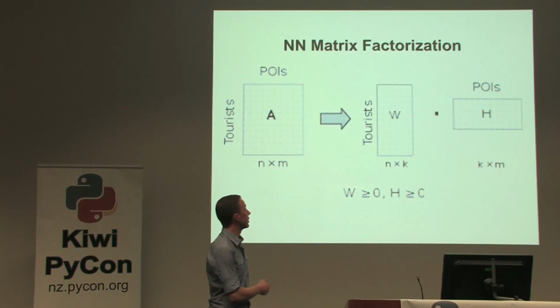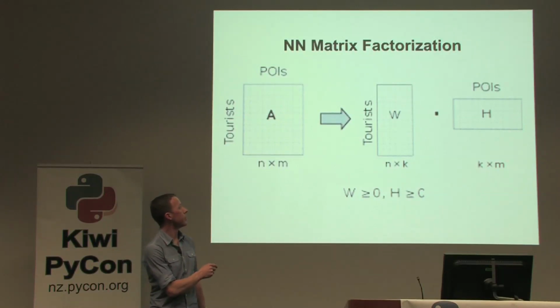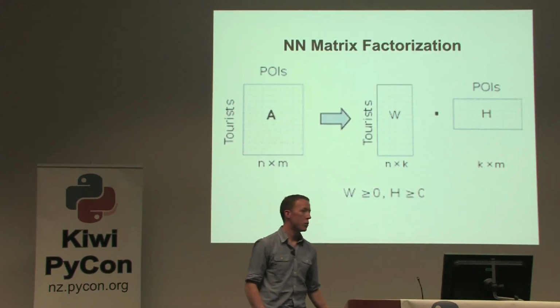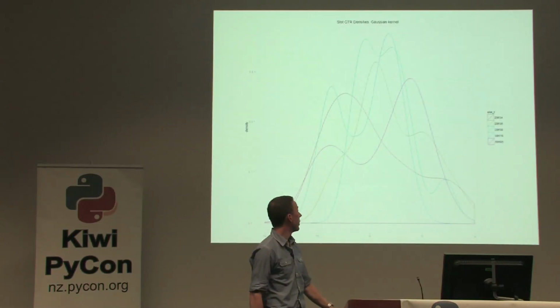Non-negative matrix factorization is basically, let's say, for the users and the ads, this user did really well on this ad here, but not on that ad here. Let's find a user factor, a vector describing the users that's 10 things long, and a vector describing the ad. When you take the dot product of those two vectors, you get how the user is likely to interact with the ad. Basically, this was the core of the system that won the Netflix prize, if you've heard of that. I did try this.